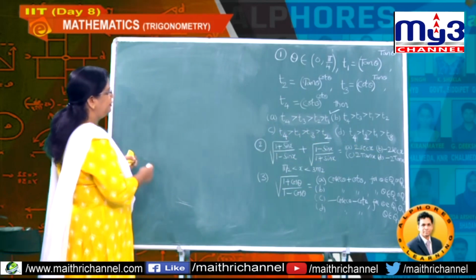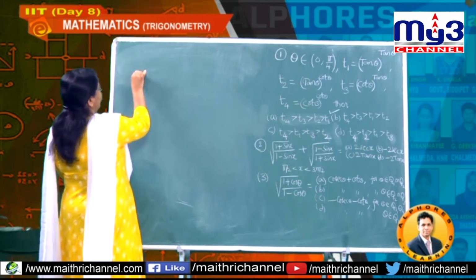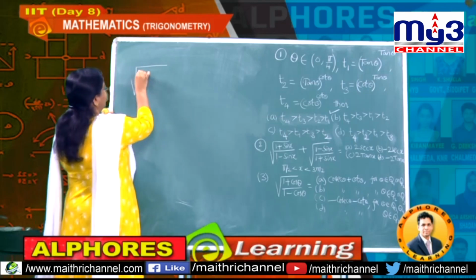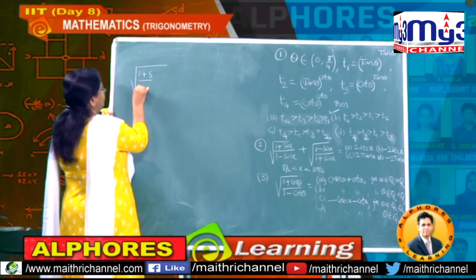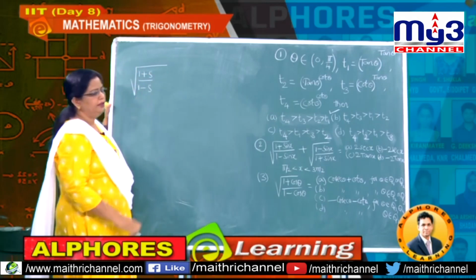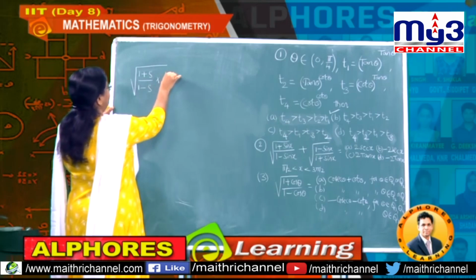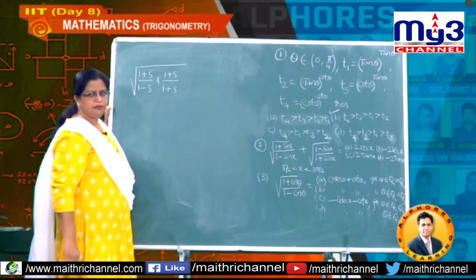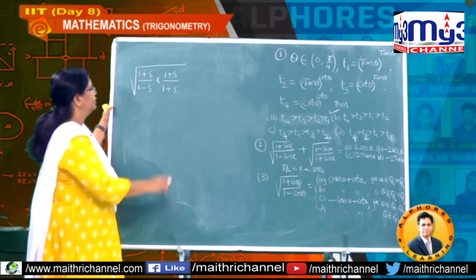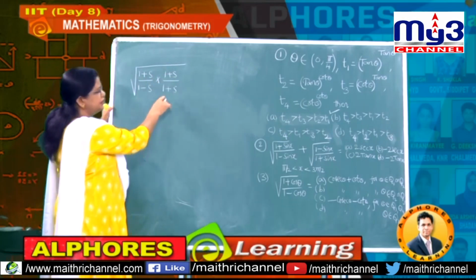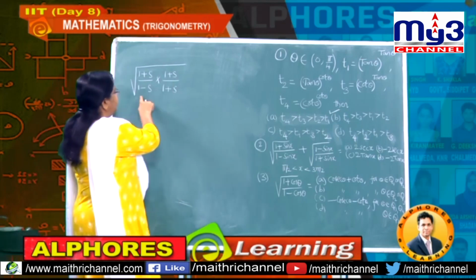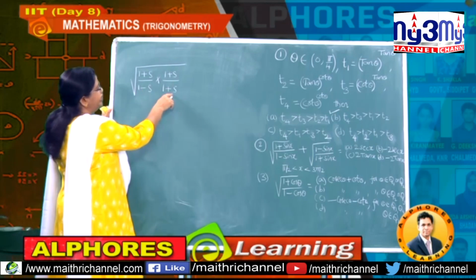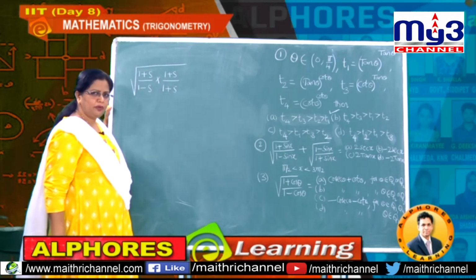Then how can I eliminate it? First I want to try to eliminate the numerators. That means this is 1 plus sine, it is 1 minus sine. Then I multiply and divide by 1 plus sine divided by 1 plus sine. Understand? Within the square root itself, so we multiplied and divided by the same value. Now what denominator are you expecting? It is 1 minus sine square. If you simplify, it would become cos square.